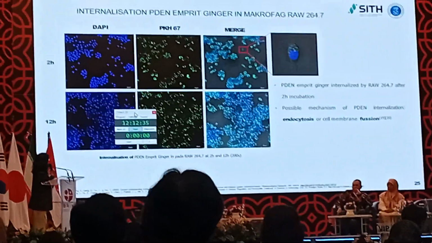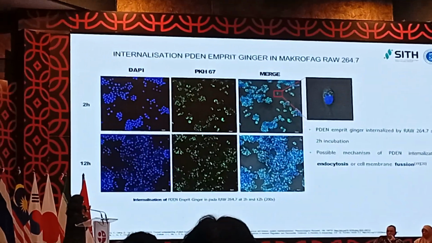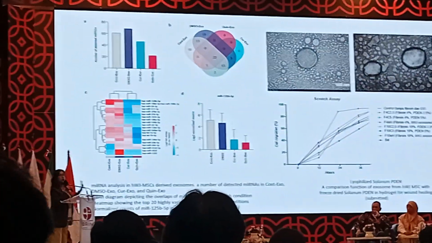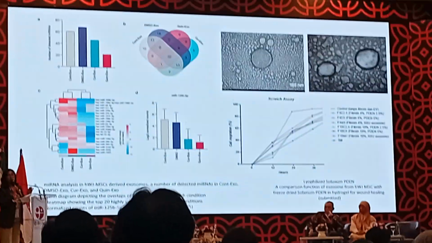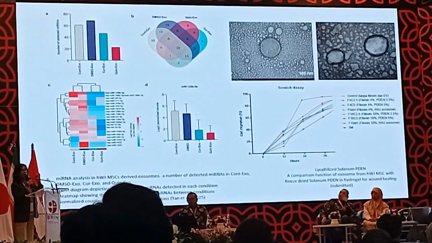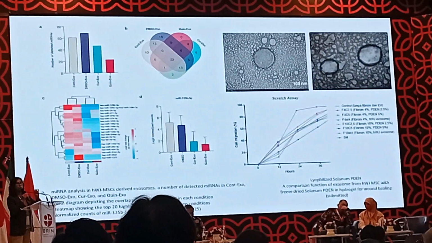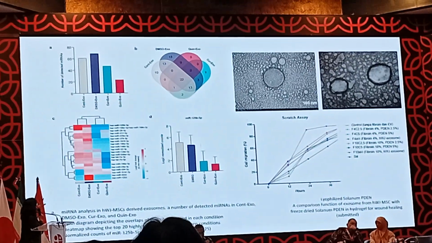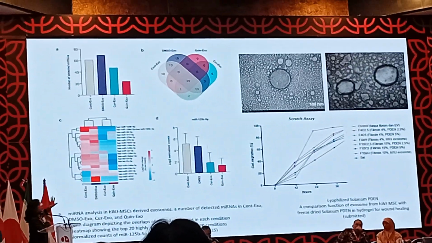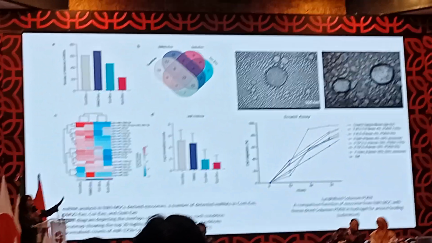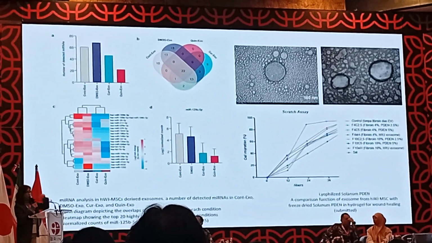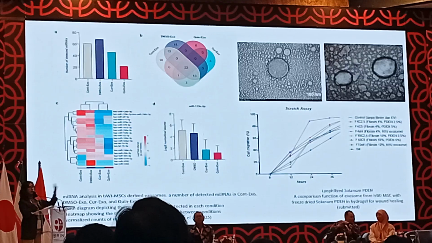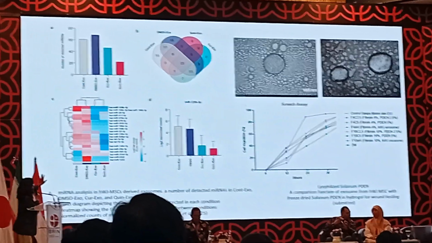And next slide, please. We already discussed this. Yeah. So this is the last one. So we use the NanoString method. We want to know the microRNA in the exosome from mesenchymal stem cell. And we have this mapping, the heat map. Yeah. It's very challenging because we prime the cells with curcumin and quinine first. And then we want to know whether there will be more microRNA for anti-inflammation. So the result shows quite good.